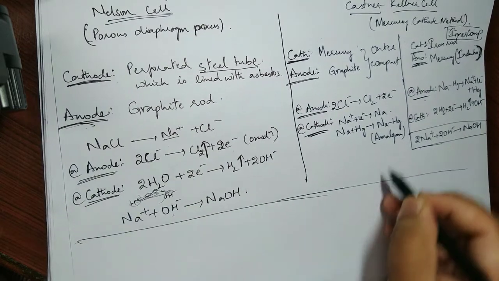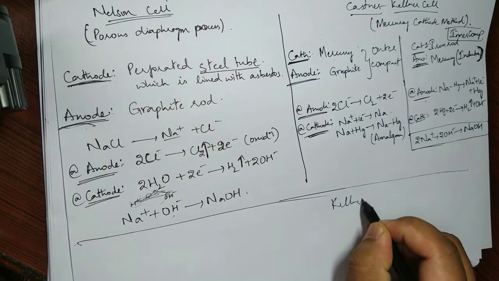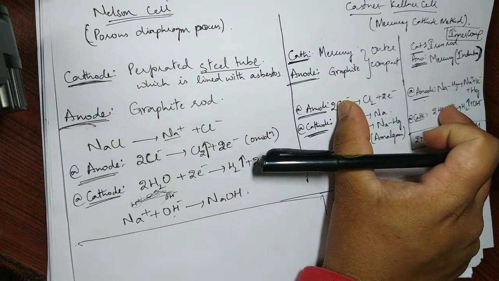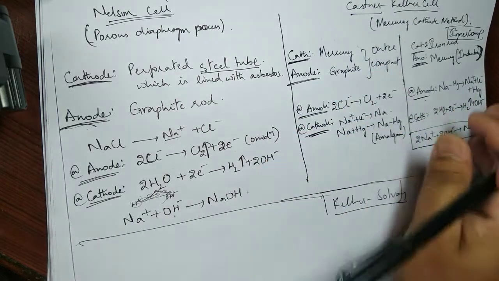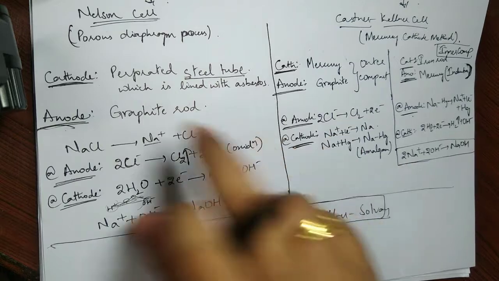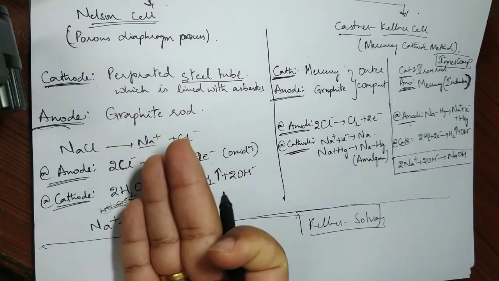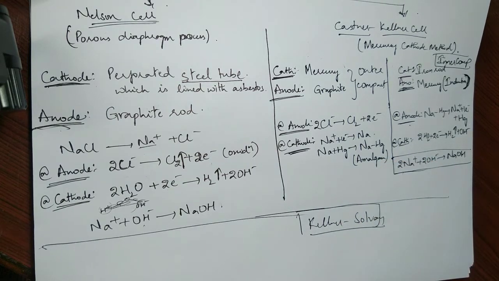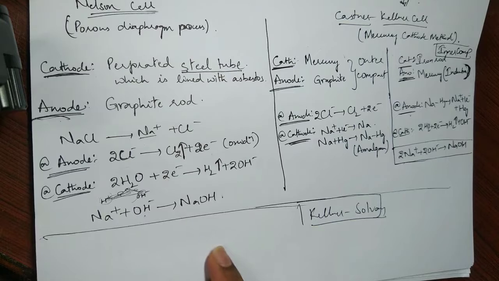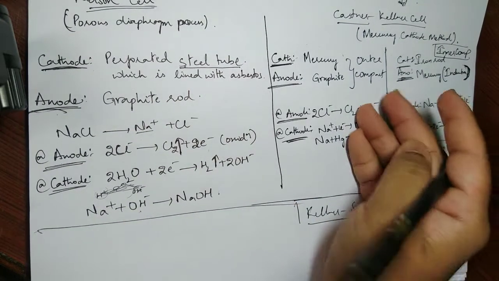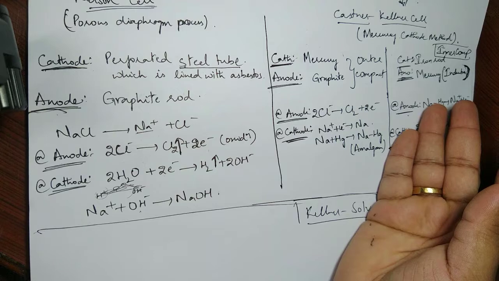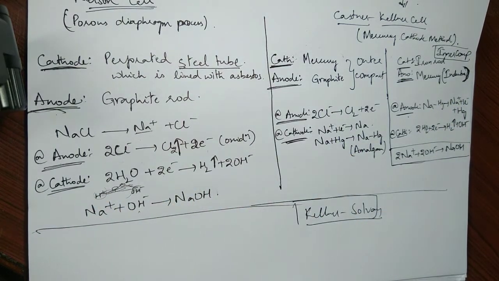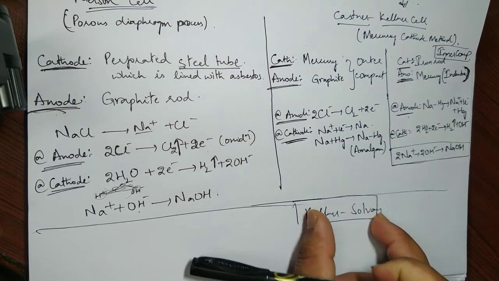Nothing much again, same information. The Kellner Solvay cell is also the same as this one. The only thing is it is not so complicated, like three compartments and everything; it is only one entire cell. Only the mercury keeps flowing, and the sodium amalgam that is formed here is not broken down or oxidized then and there in the same cell. The sodium amalgam comes out of this cell, and after coming out, we perform the second reaction.